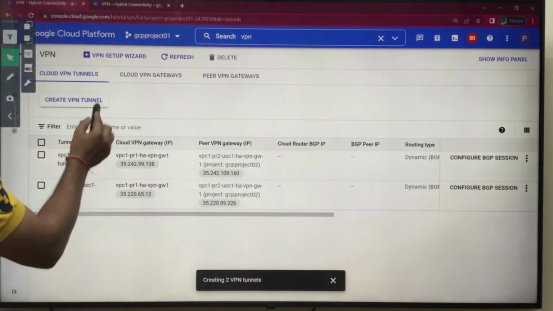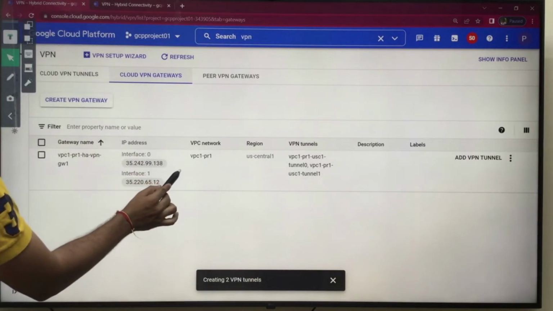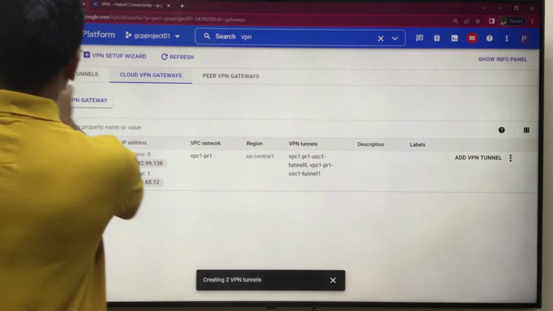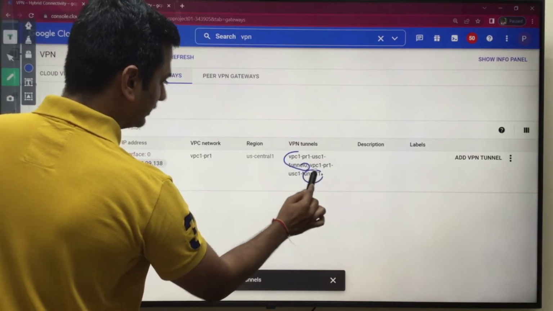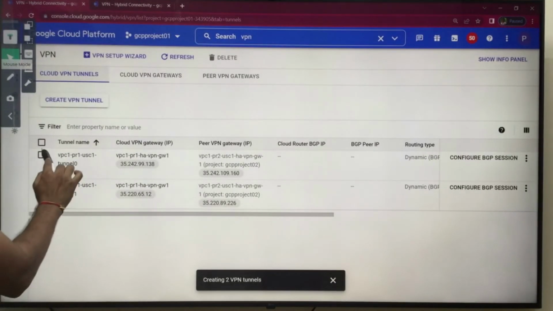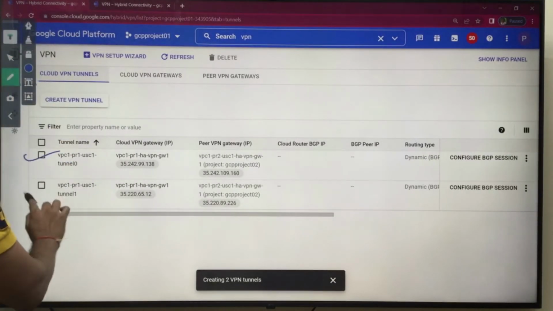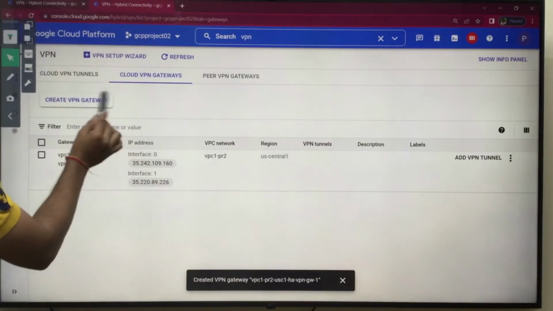Now here you can see this is the cloud VPN gateway. This is my gateway. Under this gateway, how many tunnels do I have? 2 tunnels, tunnel 0 and tunnel 1, which I can see under the tunnel section. So let's go in PR2. Gateway is already configured.